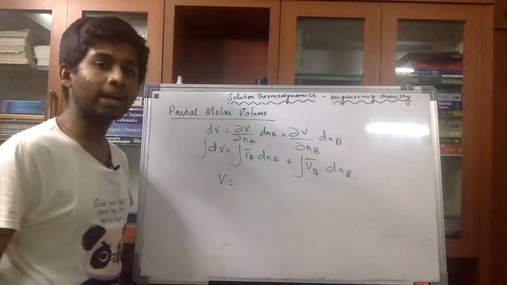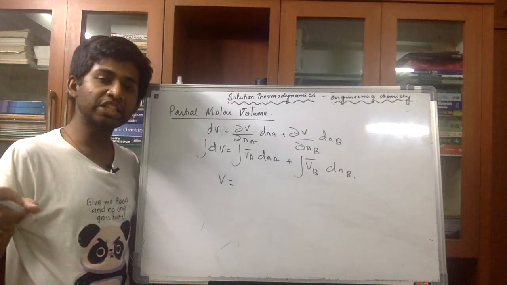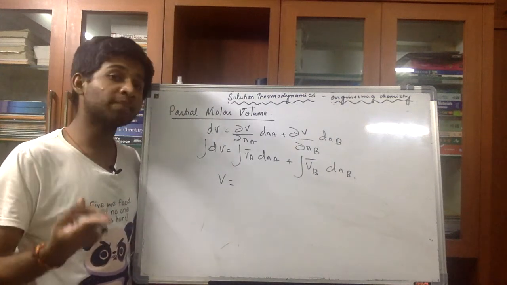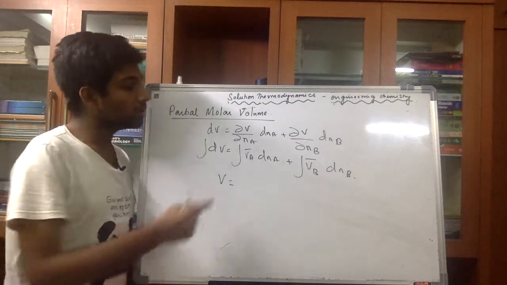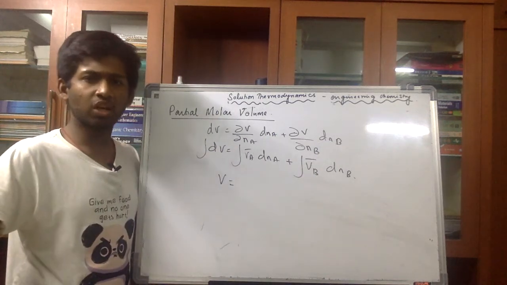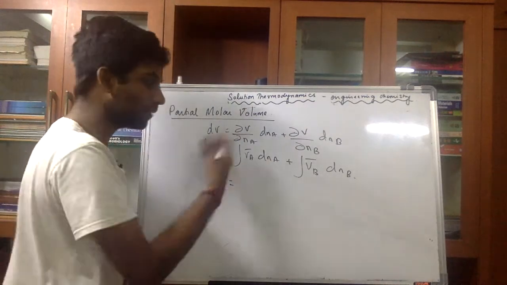Here I'll write this V, and here VA bar comes out. Why does VA bar come out? As I've told you initially, VA bar is an intrinsic property which does not depend on mass. Okay, it's an intrinsic property. So now there's a change in your number of moles, nothing happens to your molar property. Nothing happens. So it comes out.